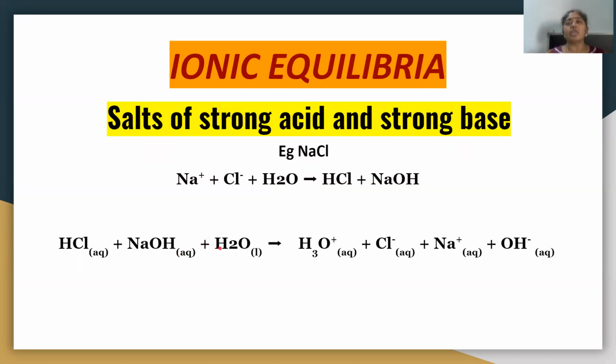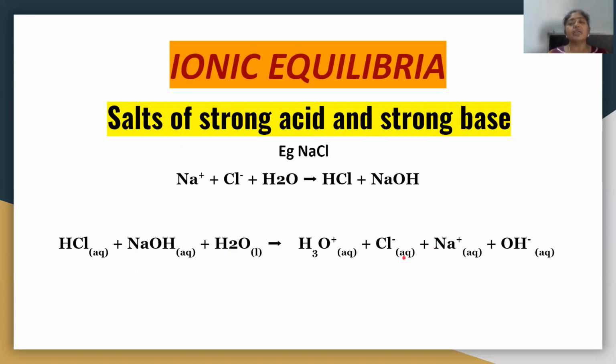They will combine with the water molecules which are present in the solution. And once again, they undergo ionization to form H3O plus and Cl minus, because the HCl donates a proton which will combine with the water to form hydronium ion and Cl minus. Similarly, the NaOH will undergo splitting to form Na plus and OH minus ions. So what has happened here? The ultimate solution contains all the ions. It again contains the same hydronium and hydroxyl ions as were present before. It also contains the Na plus and Cl minus ions.